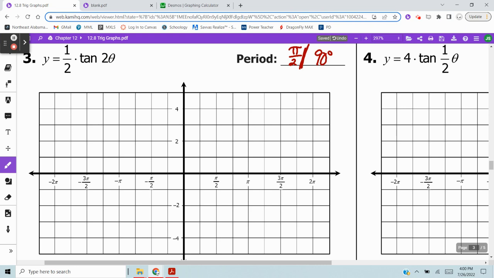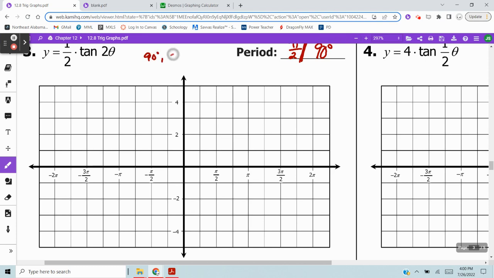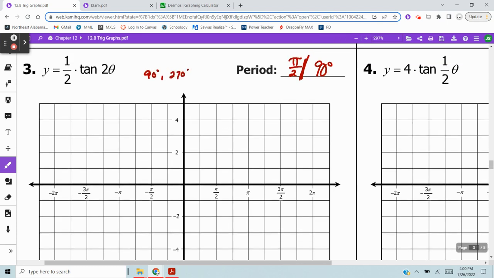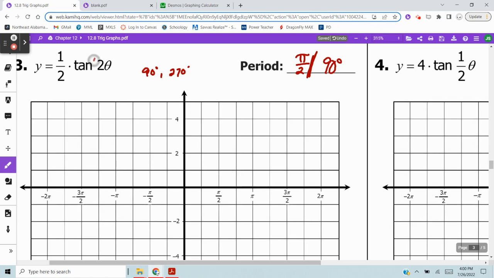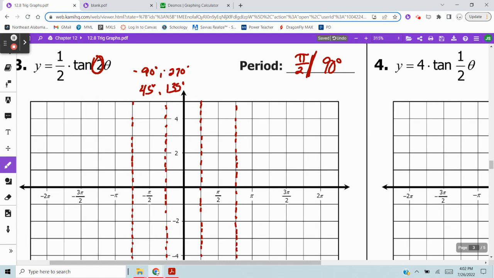period. Again, normally your asymptote lines for tangent occur at 90 degrees and 270 degrees. However, if we multiply those by half, they are now going to occur at 45 degrees and 135 degrees. And again, you can take the negatives of those as well, and it's just going to give you -45, -135. Let's go ahead and plot those asymptote lines. And there's those tangent lines at 45, 135, negative 45, negative 135, and you notice these are going to occur every 90, so if you'd like